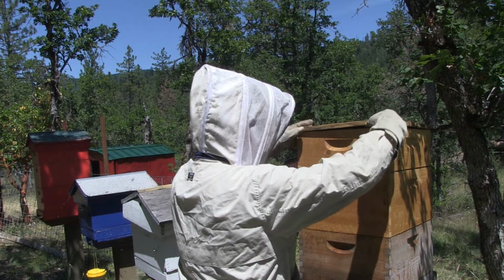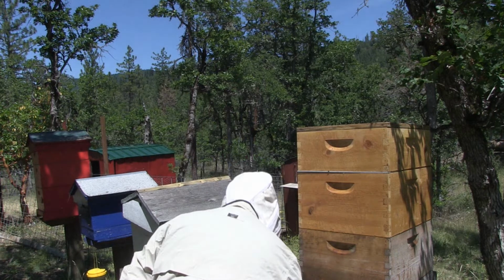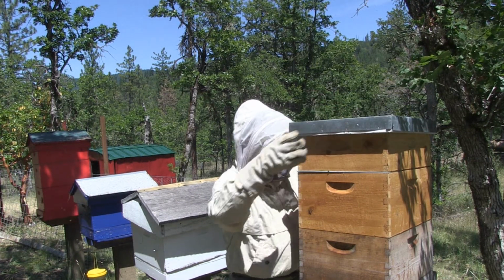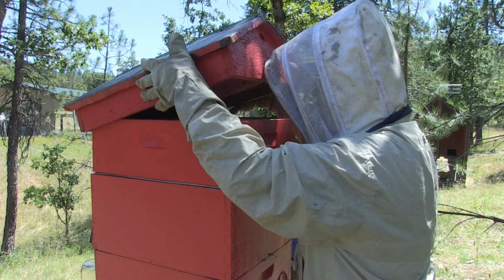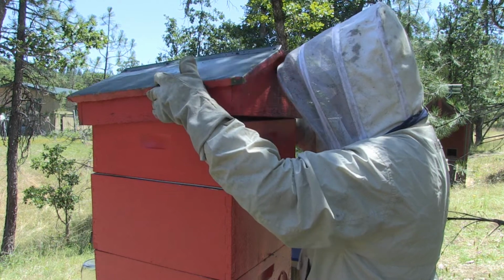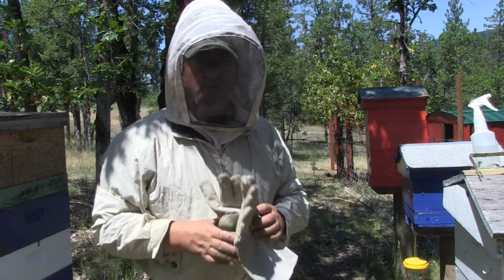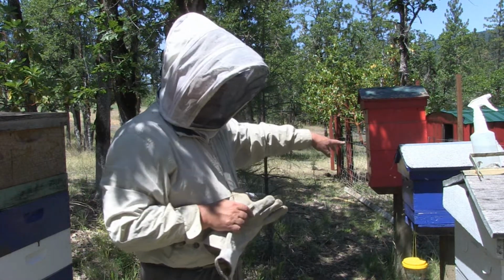We're gonna give them till the end of August. August or September is when I'll harvest my honey. Let's see what this one looks like. Yeah, same thing. They're working the honey super. We'll just give the bees a time to do the miracle. I'm going to keep feeding these bees,